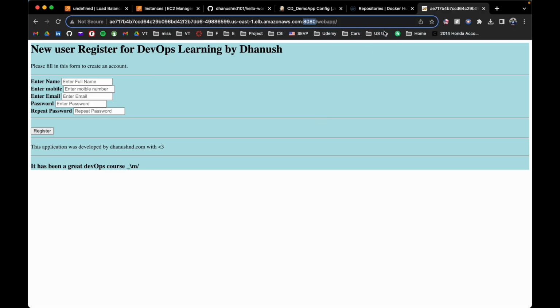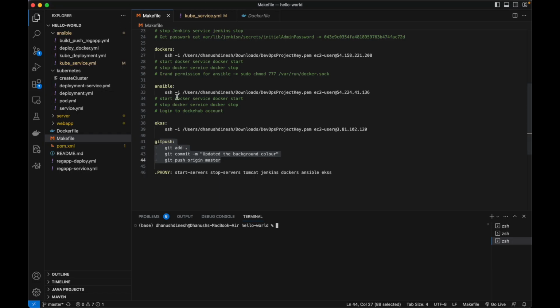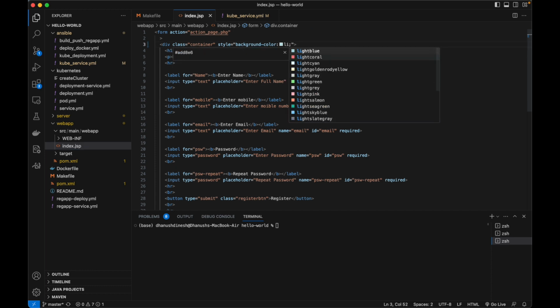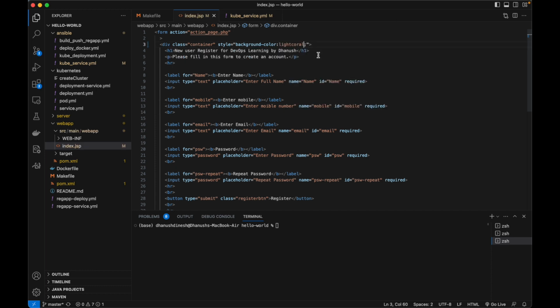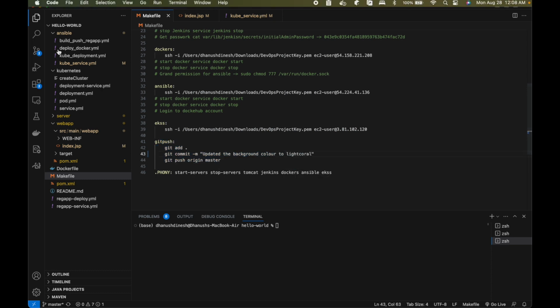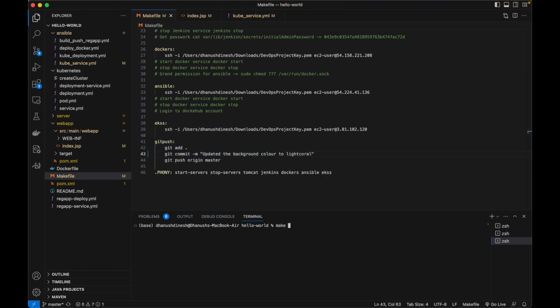Let me do this. So we have this. Let me change the background so that we can see the continuous integration, continuous deployment. Yes, service index.jsp. Let me change the color from this to light coral. Okay, that's done. And now I have a make file. So I'll do this, and I just git push this,